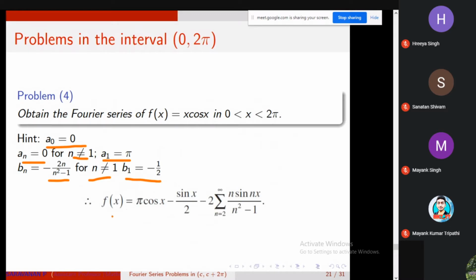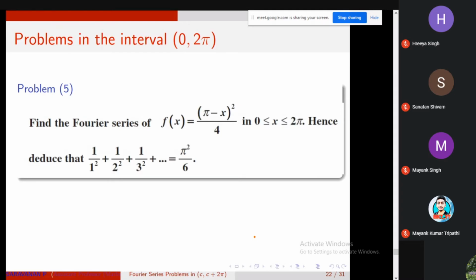Then substitute all this in the Fourier series, and you will get this answer. It's very simple. Instead of sin x, we were given cos x. So whatever computation you did there in bn, here you have to do it in an, but a minus sign will become a plus sign. Be careful about that. Don't exactly copy it. Take that problem as a hint, apply the formula, and get this answer. Very simple.